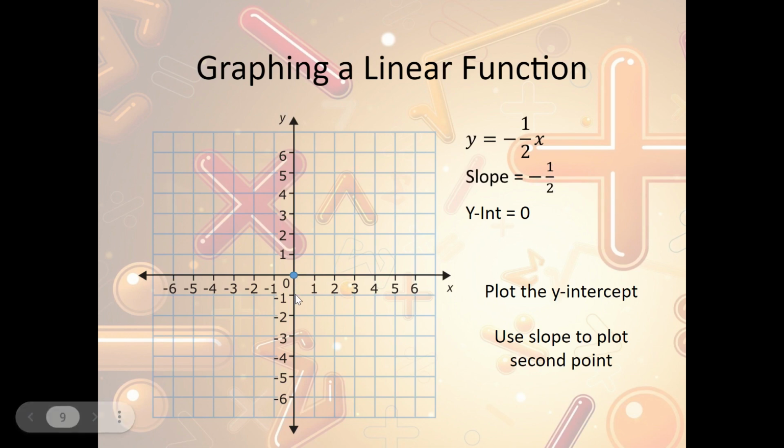And my change in x is 2, so I'm going to go to the right 1, 2, and plot my point. So now I have my first 2 points. The next step is just to connect the dots and draw a line between them. So I'm going to connect the dots. And now I have a linear function that is graphed that goes through 0 and has a slope of negative